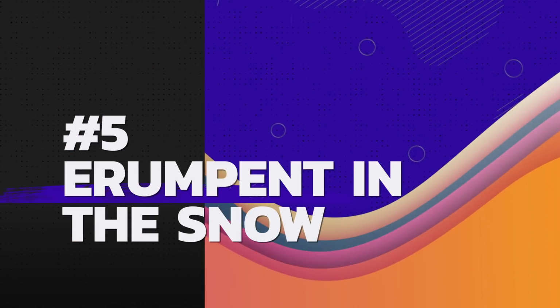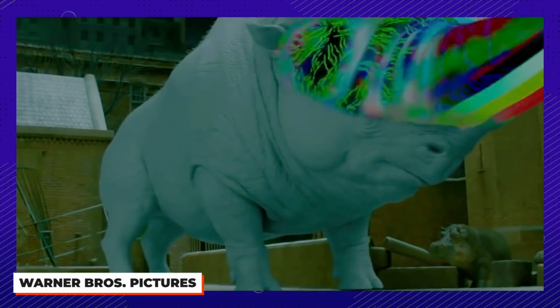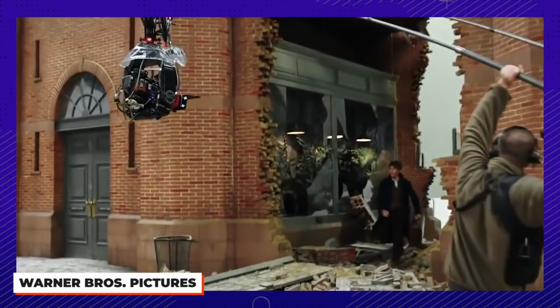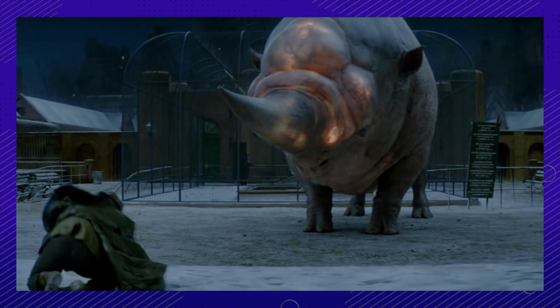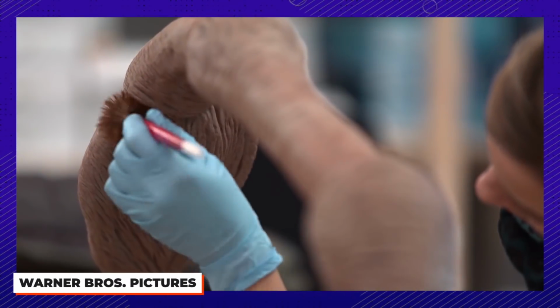Number 5. A mating ritual never to be forgotten. While the Erumpent really is the star of this scene, it was Eddie Redmayne who did most of the work, filming himself doing his part of the mating ritual to share with David Yates until they found just the right one. Meanwhile, the Erumpent was getting designed digitally in order for the puppet makers to construct an 18-foot tall, 22-foot long puppet